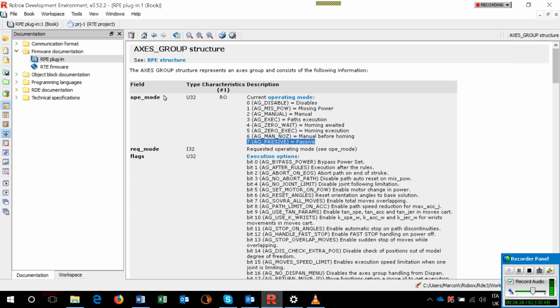You say, I work with the robot passive, so slave of another function. This is possible, and this is the operative mode, the passive. Last mode, of course, is disabled, so the robot is disabled. I do not even take into account power and so on. You see, it's separated from missing power, because missing power is the robot is enabled, but has no power. Disabled is